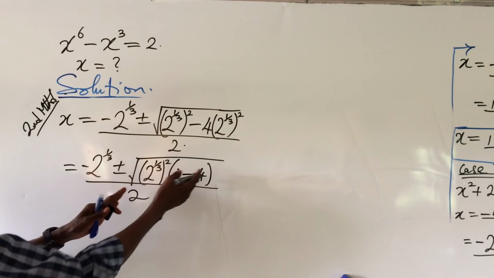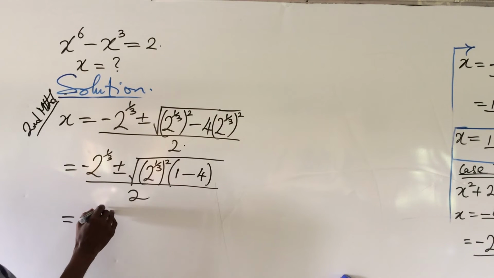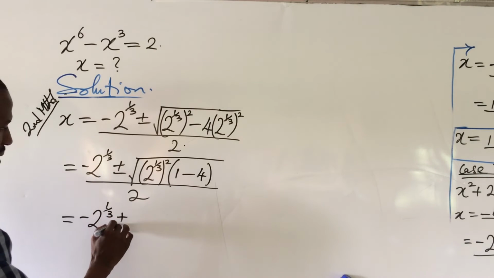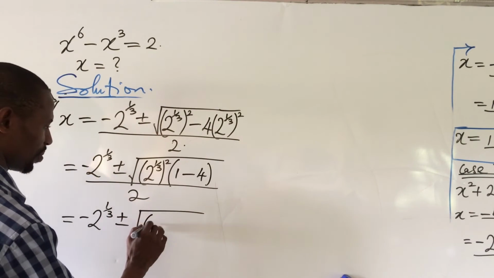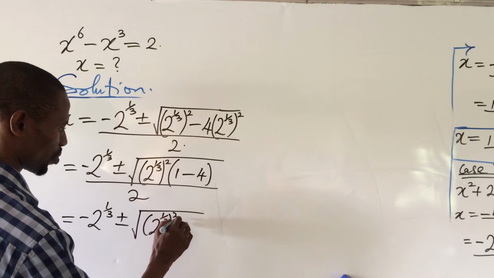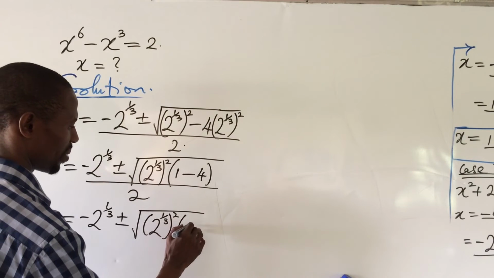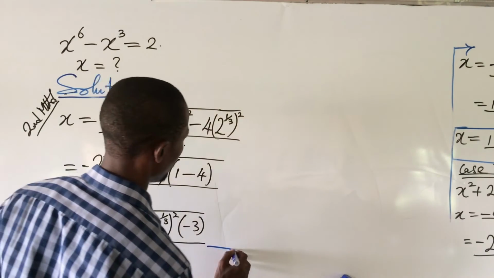If we write this out, we're going to have this to be minus 2 to the power of 1/3 plus or minus the square root of, here we now have (2 to the power of 1/3) all squared, then into minus 3, close bracket, all over 2. From here,